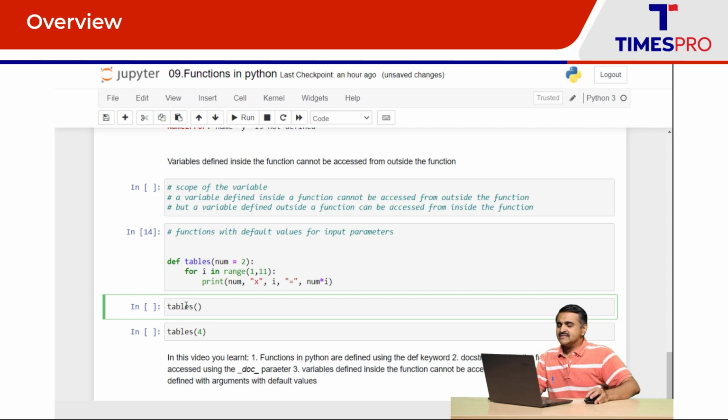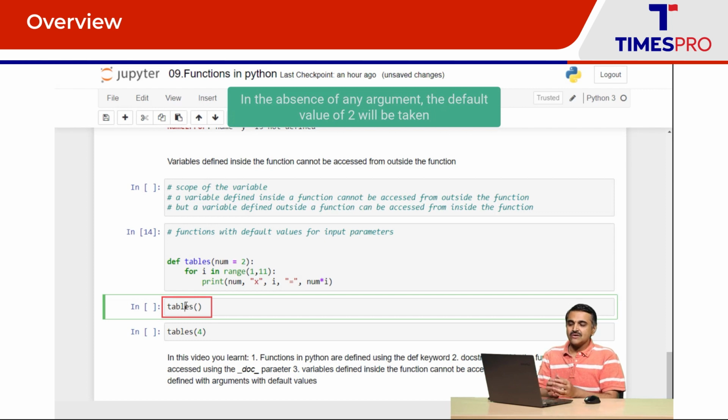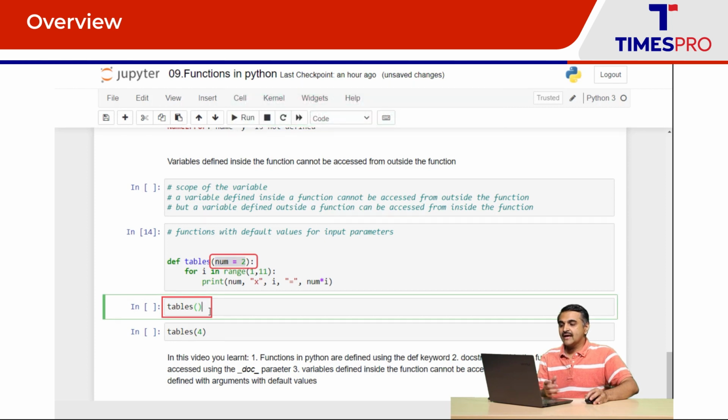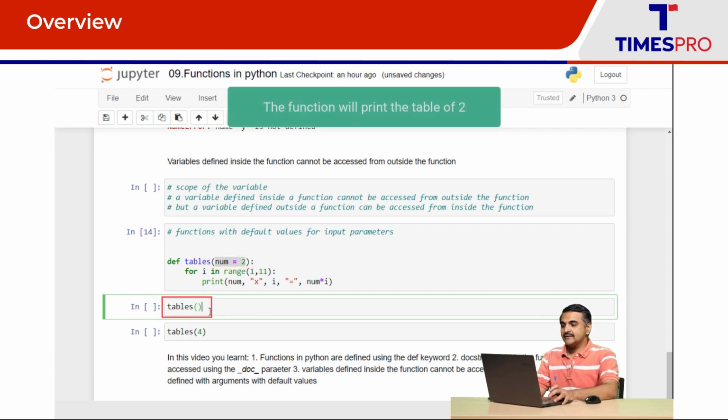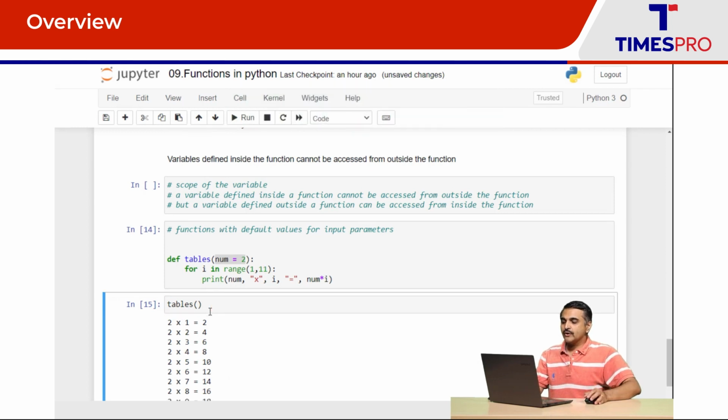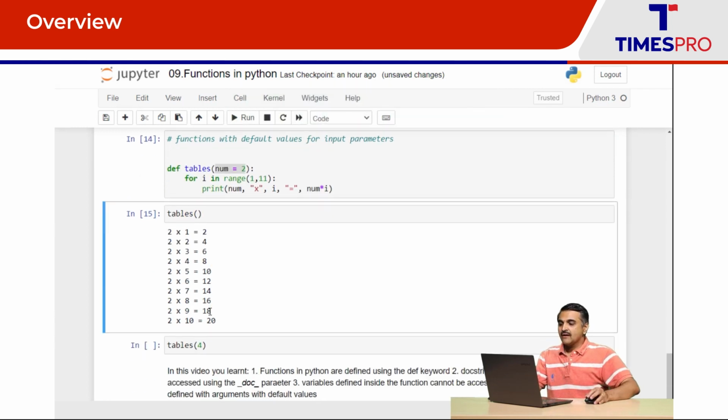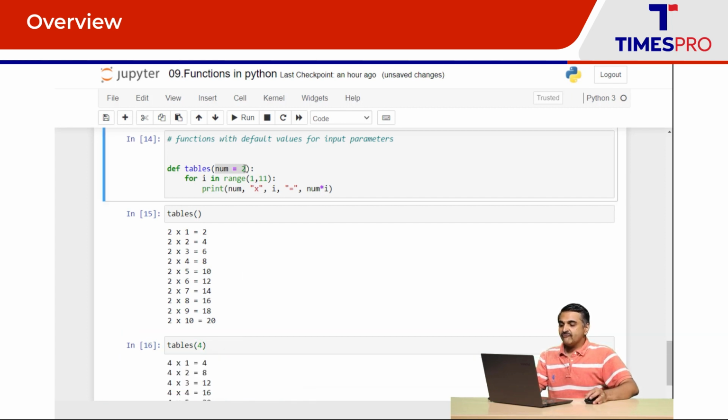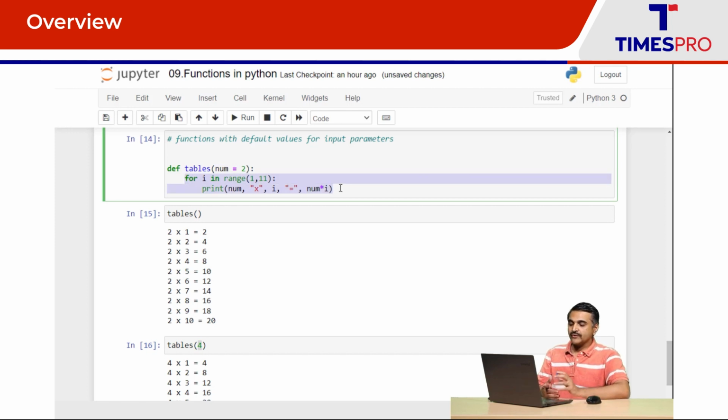Now when I say tables of, I don't pass any arguments. In the absence of any argument, the default value of 2 is going to be taken and your function is going to print the tables of 2. When I say tables of 4, the default value is overridden by the value being passed. So num takes a value of 4 and this code here computes the tables for 4, and you can see